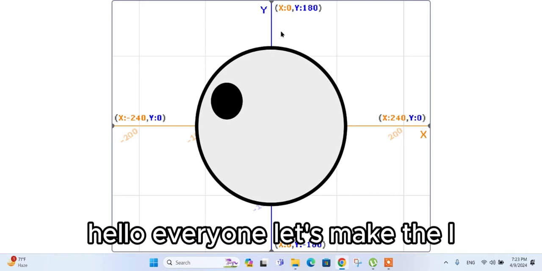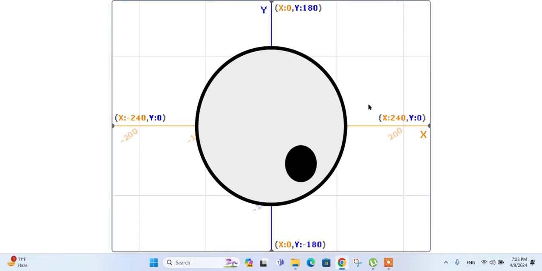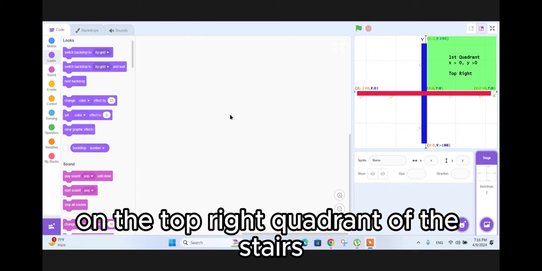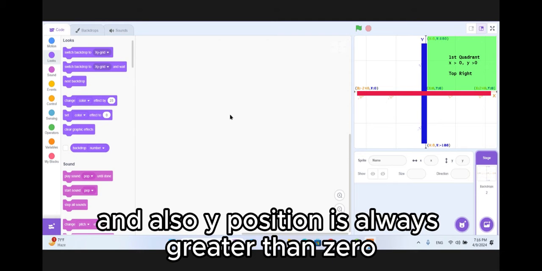Hello everyone, let's make the eye follow the mouse pointer in Scratch. First of all, let's understand the X and Y position system in Scratch. On the top right quadrant of the stage, X position is always greater than 0 and also Y position is